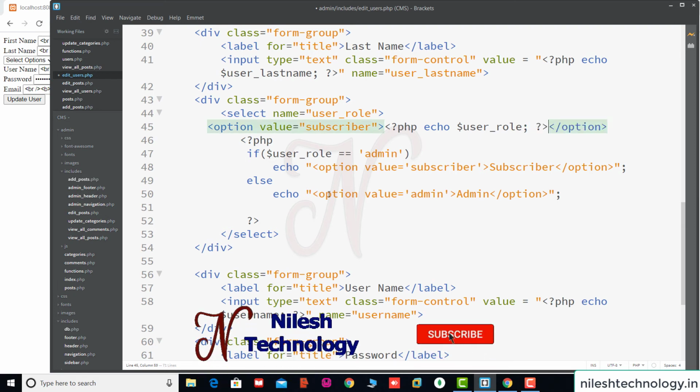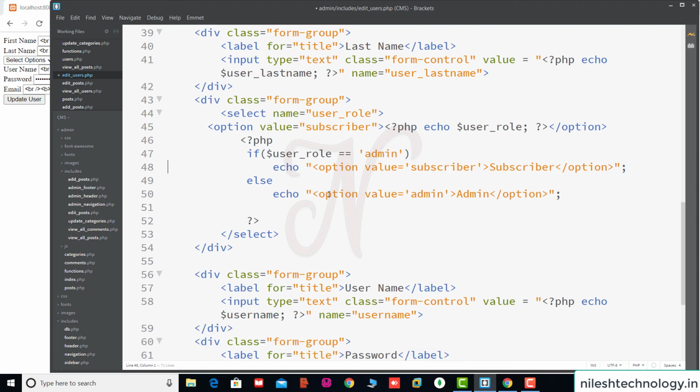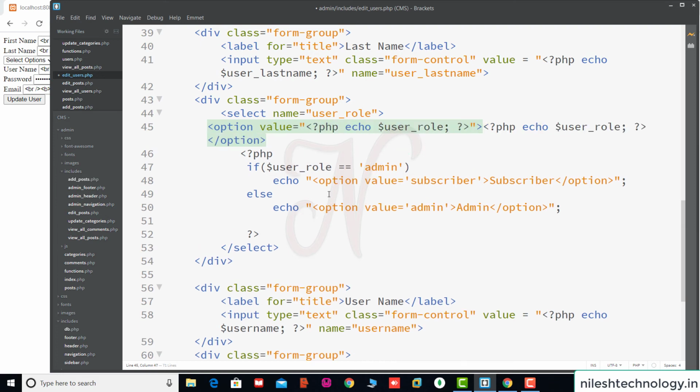Okay, so here we print the previous user role, and if it is admin then it only shows the subscriber, otherwise it shows the admin. Okay, so again we copy the same code inside this value section. Okay, so save these changes. This is the select role here.